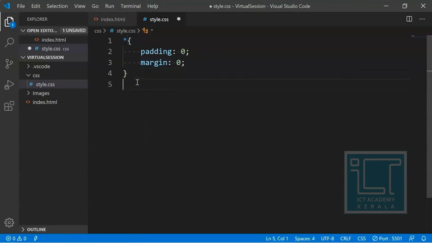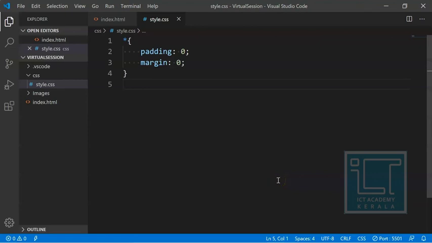So that I have already set. Now I can set my personal padding and margin to whatever I want, because I know that the padding and margin start from zero, without any predefined standard padding and margin given by Visual Studio. So the next portion is I need to fix the background image.